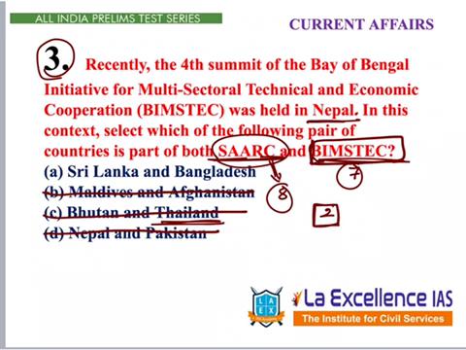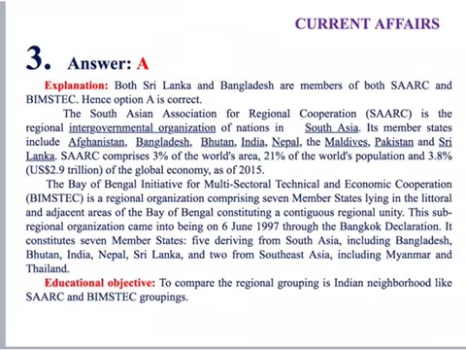So which comes under Bay of Bengal? Even if we don't know that, we can say A is the answer. It means by reading these basic groupings, just the name of these basic groupings, you can get the answer. A is the answer. Here is the explanation given. Which countries are part of SAARC, which countries are part of BIMSTEC are given over here. Please go through it once.